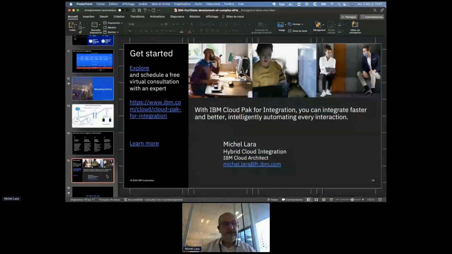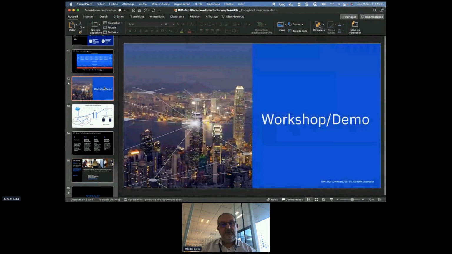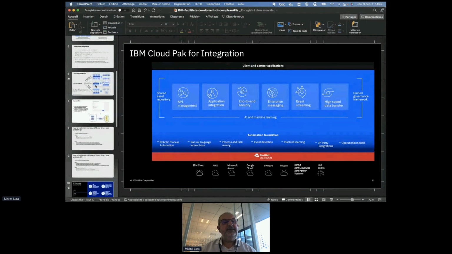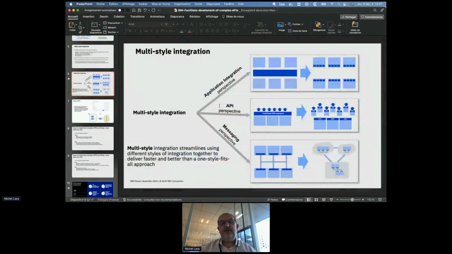So this will help you, of course, to manage complex APIs, as we said, with multi-form management. I would say, a mix of messaging APIs, synchronous or asynchronous APIs, and application connection and orchestration working together to manage complex scenarios, complex flows.